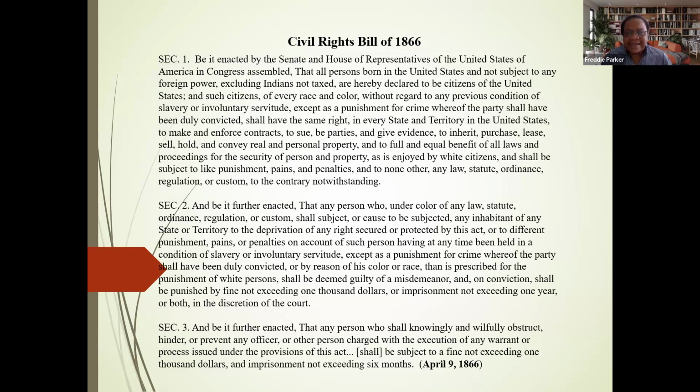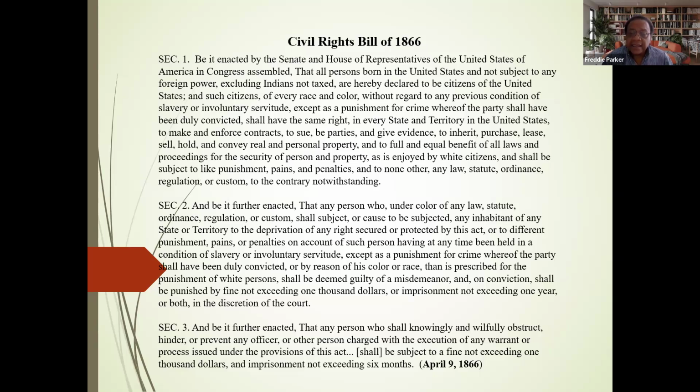Be it enacted by the Senate and House of Representatives of the United States of America in Congress assembled, that all persons born in the United States and not subject to any foreign power, excluding Indians not taxed, are hereby declared to be citizens of the United States. And such citizens of every race and color, without regard to any previous condition of slavery or involuntary servitude, except as a punishment for crime whereof the party shall have been duly convicted, shall have the